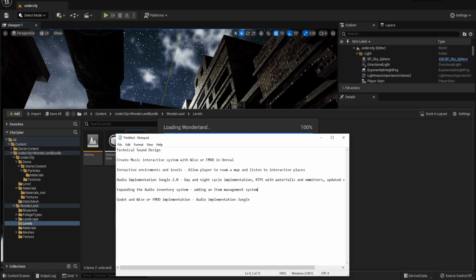Just to differentiate between those two, the audio inventory system really is kind of like an audio Foley system, but I call it audio inventory because you are equipping a weapon, and the engine is reacting to whatever weapon the player has equipped on their body, and it plays the proper Foley for that weapon.